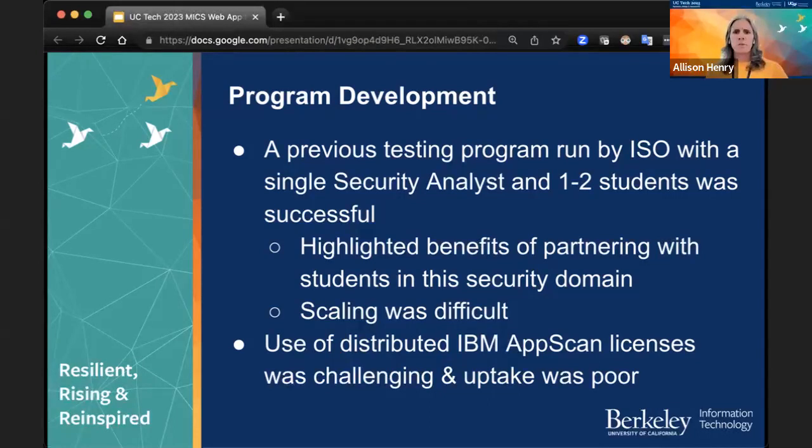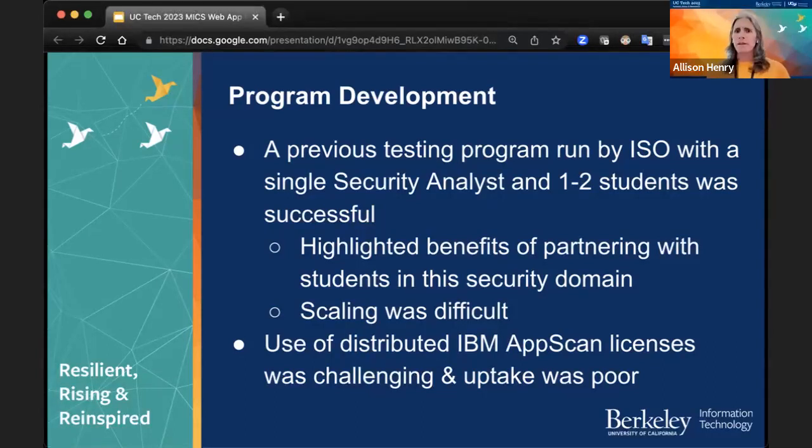The other thing that we tried was more of a self-service approach, where we wanted to put the tools in the hands of developers so that they could run their own web application checks on their own code and build that into the software development life cycle. So we got licenses for IBM AppScan. We said to the developer list, hey, anybody want this? And it's one of those things where everyone's super excited about it and wants to give it a try. We hand out the licenses, they log in once or twice, and they never use it again.